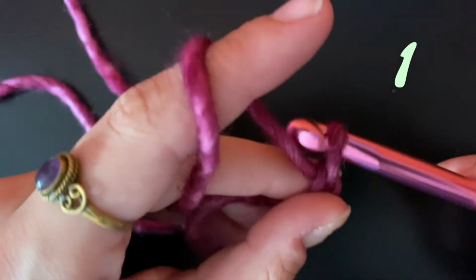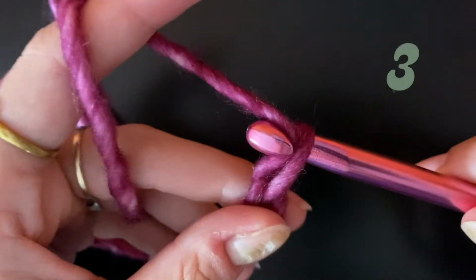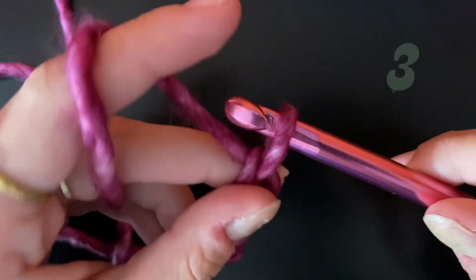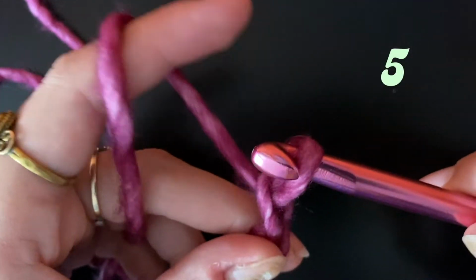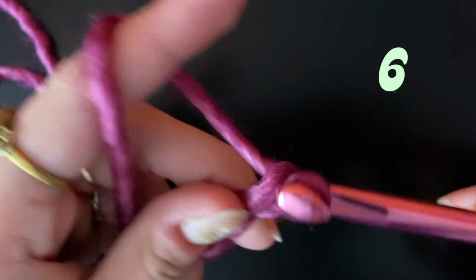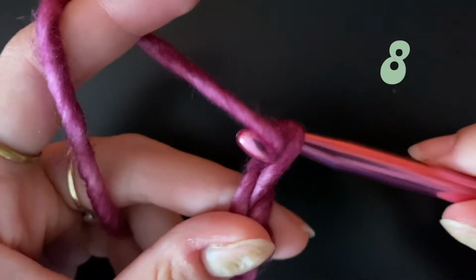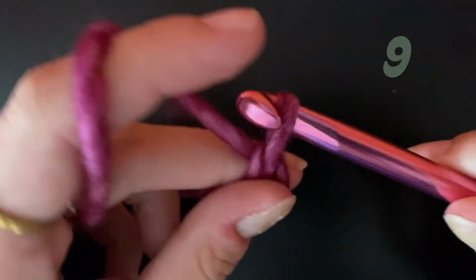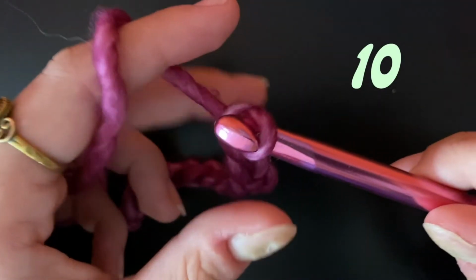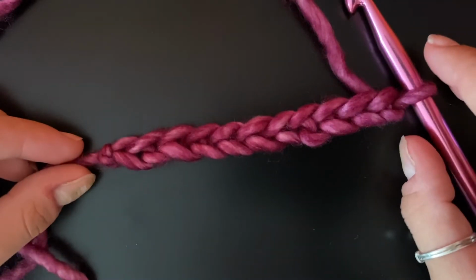1, 2, 3, 4, 5, 6, 7, 8, 9, 10, and 11. Now we're going to learn how to do single